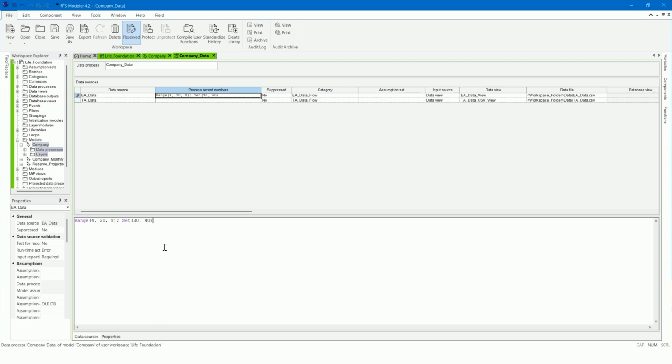For example, the expression range 4, 20, 8, semicolon, set 30, 40 would select only record numbers 4, 12, 20, and then 30 and 40 for processing. The range applies after any filters. That means the sequence numbers apply to the sequence of records remaining after Modeler has first skipped any records in a data file or applied any filter formula.